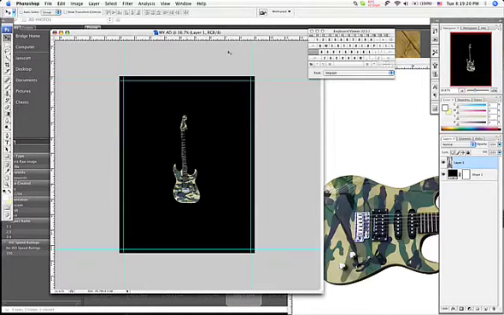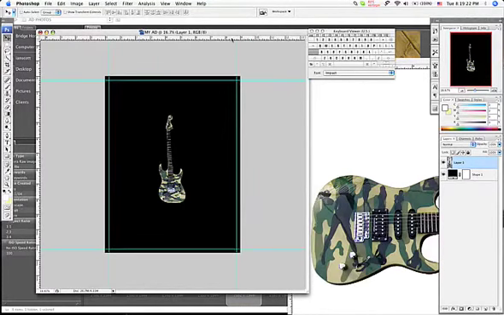Now, what I like to do when I'm setting up stuff like this is use the rulers to give me basically a horizon line, meaning where is the floor? Where does the floor meet the wall? Where does the ground meet the sky? Just some type of definition where I can see, okay, that's the ground there. I could put the guitar here, but then it's going to look weird, so I'm going to move her down just a bit so you've got a nice